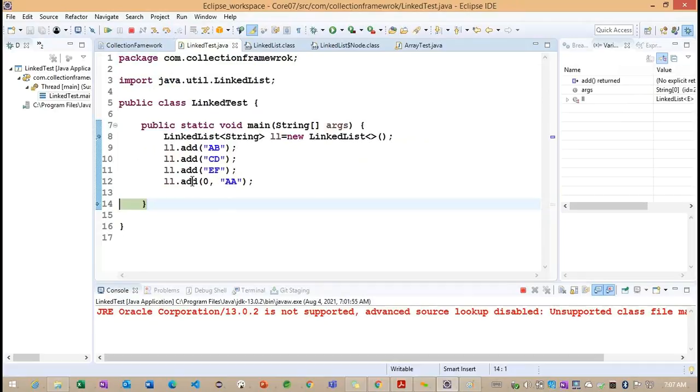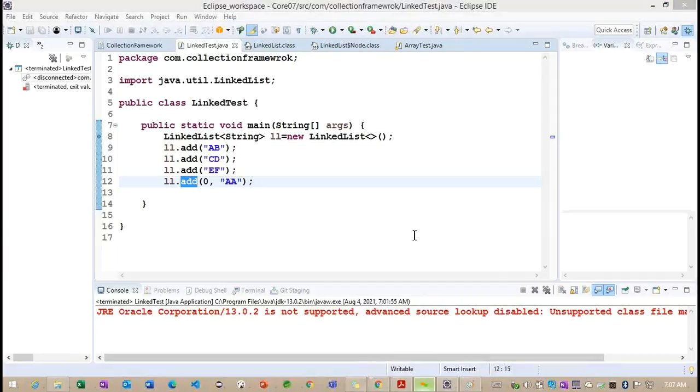Getting the point? Now what are you understanding regarding this particular add method? What I want to provide here is this: based on this particular index, it will try to find out the particular node first, where exactly we want to insert this new node. So this index will provide the node location, like whether it is the first node, second node, third node, right? So it's going to provide the node location.